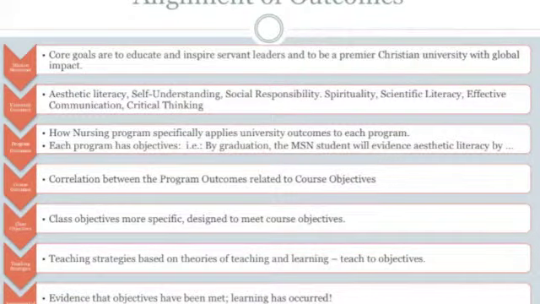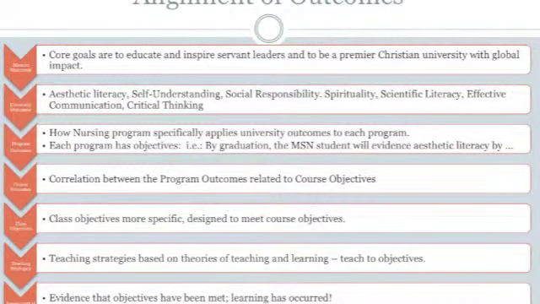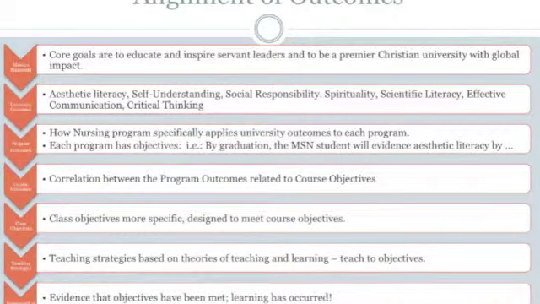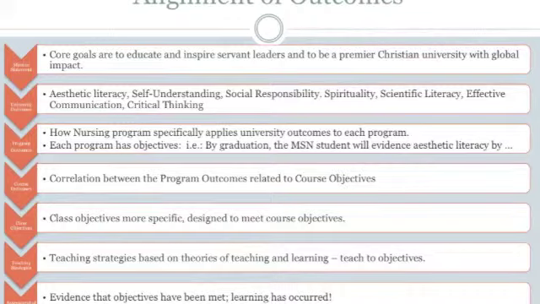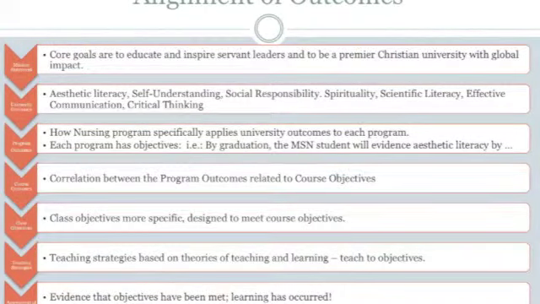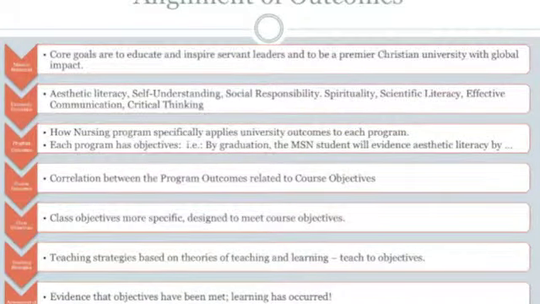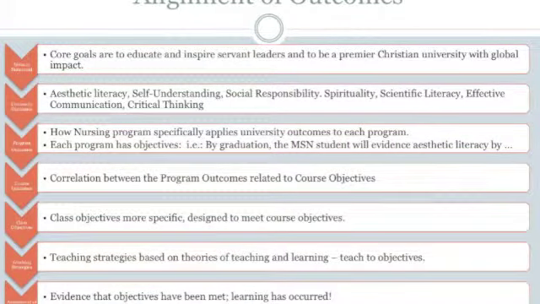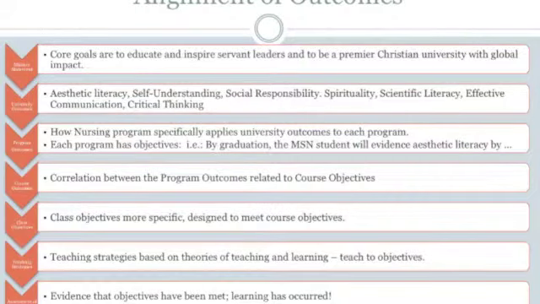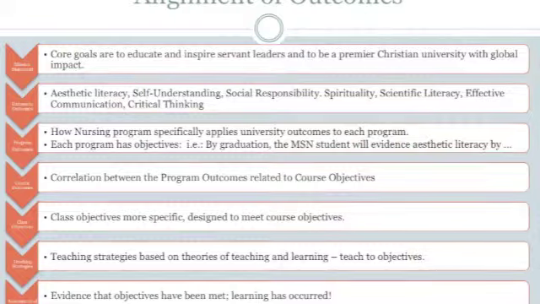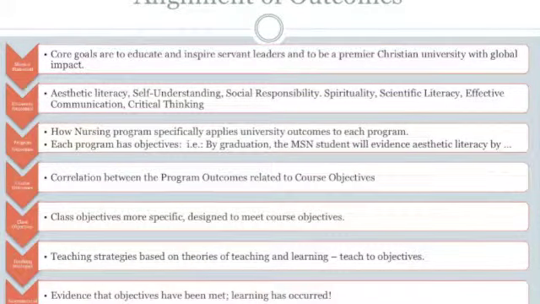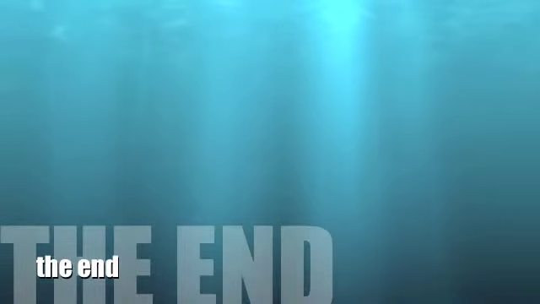So we look at what in that particular course is going to meet best those types of objectives. Like you can think of a research course is really going to be very heavy on the scientific literacy type of course. So things like that. So the class objectives are going to be more specific and really designed more as to the exact measurement of, okay, in this class you will learn how to, and then, okay, I kind of ended that one on a,